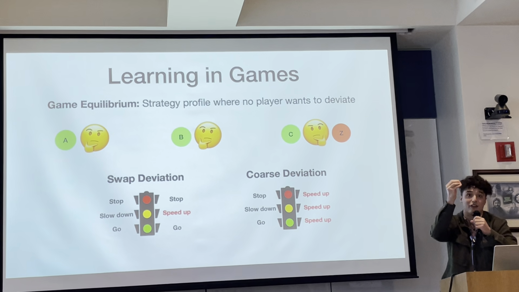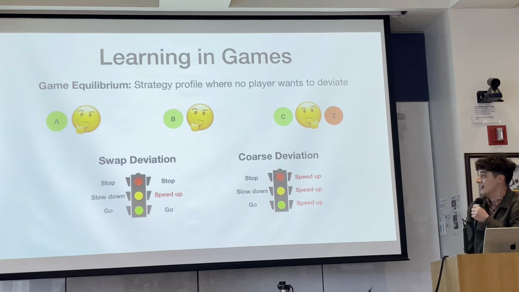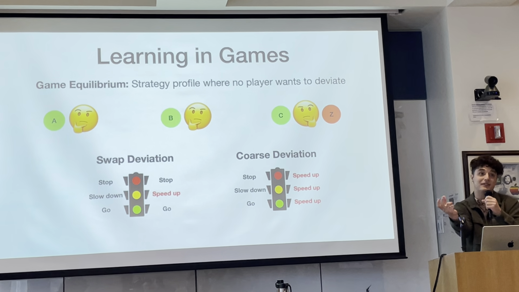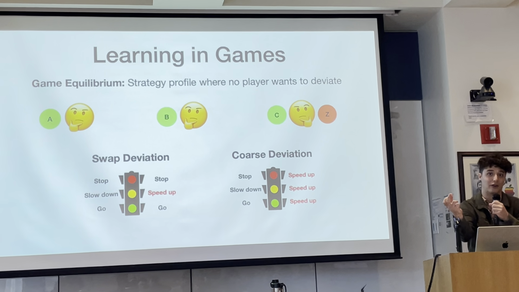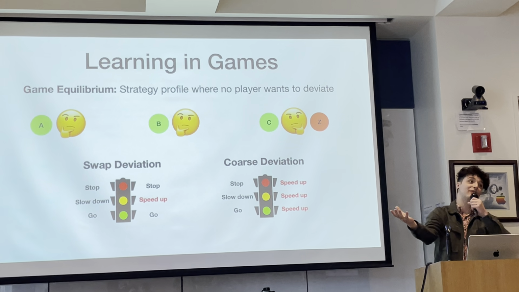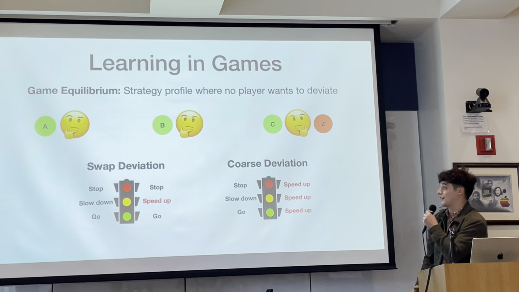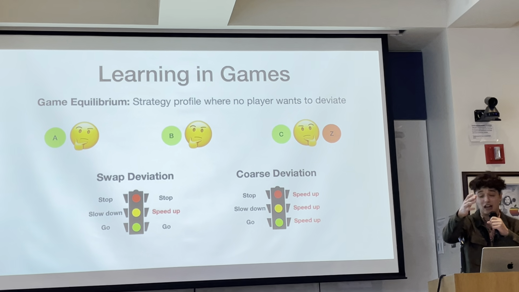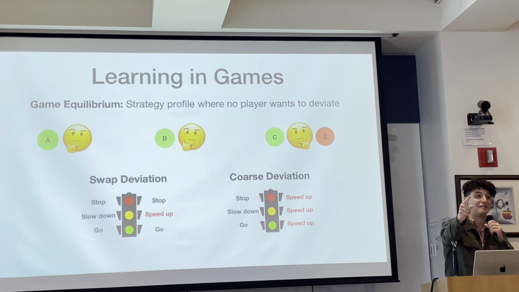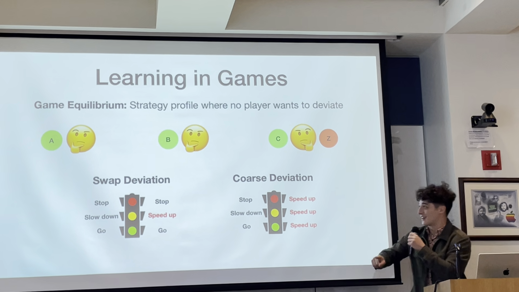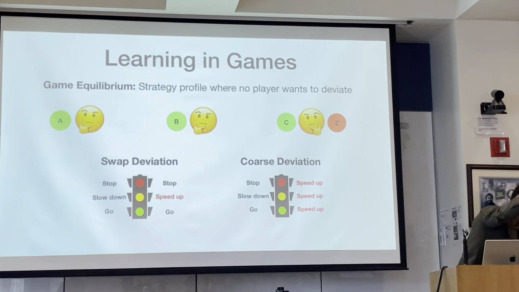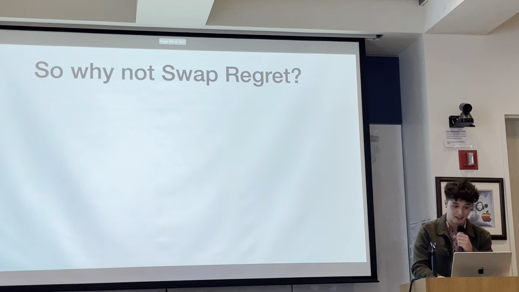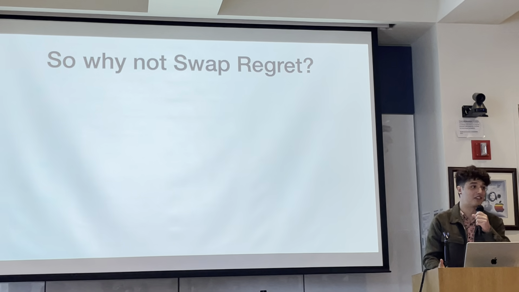I'm not convinced that players are not going to do something different. So essentially that's the problem with coarse correlated equilibrium. The set of alternatives, the set of deviations that we offer to learners, none of them are necessarily that appealing. That's to say it's not really a point of stability in an inherent sense. So that's why swap regret is important, because you need swap regret to get correlated equilibrium, which is the gold standard of algorithmic equilibria.